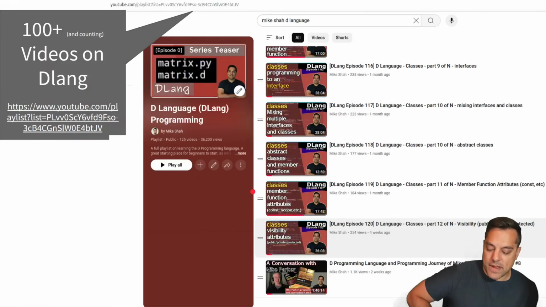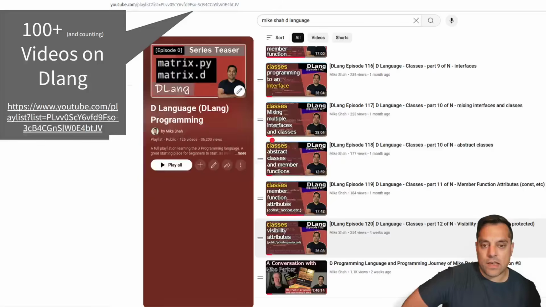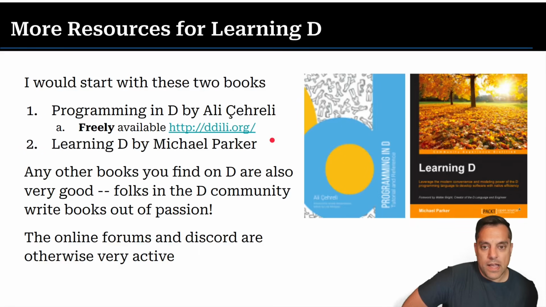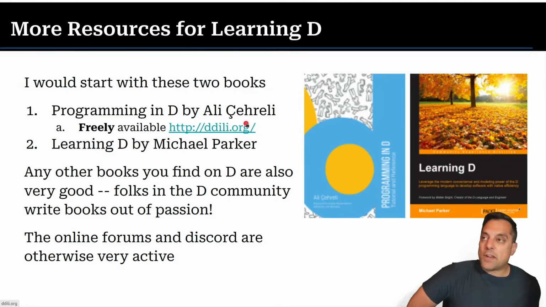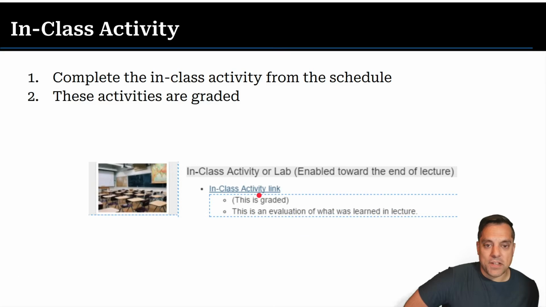Let's see, we already talked about allocation stuff, so check out some of the videos if you like D on YouTube. So this is my series here. Otherwise, there's a free book by Ollie Charlie, who came and has spoken at Yale University twice now with Steve. That's a nice book if you're doing your problem sets and want to check it out. The forums are also a great resource, and you should check those out. Here are just some other inspiring things to check out.